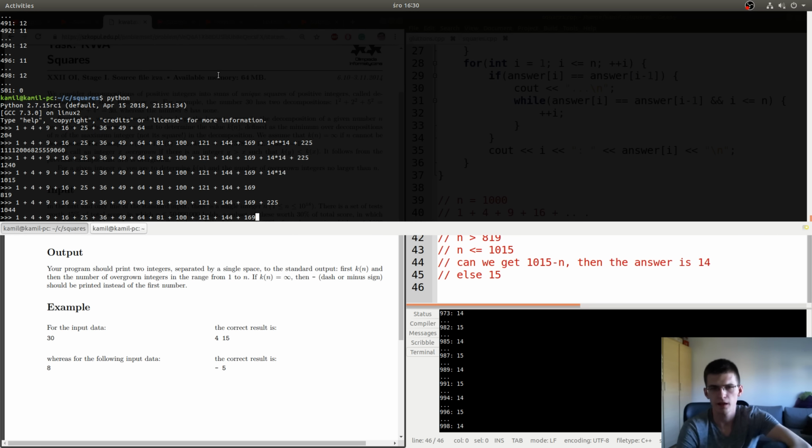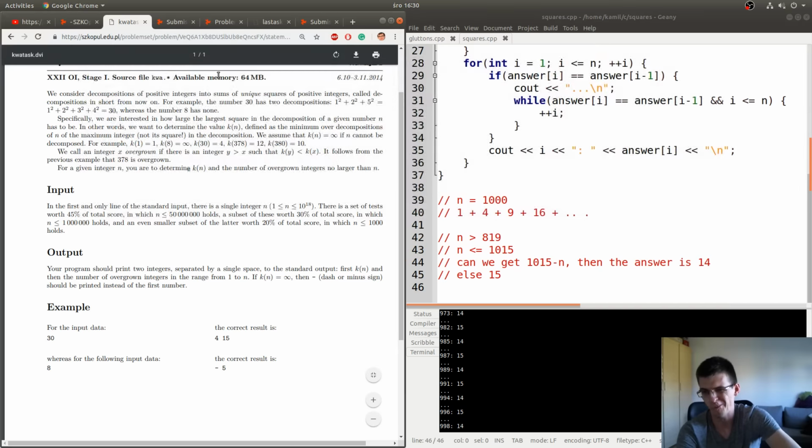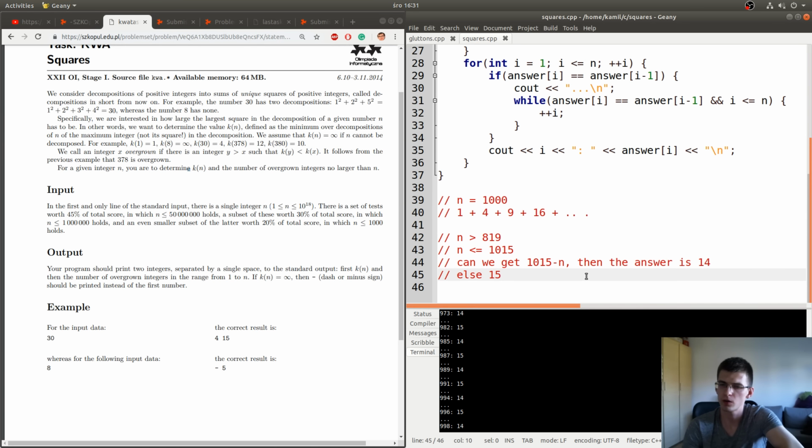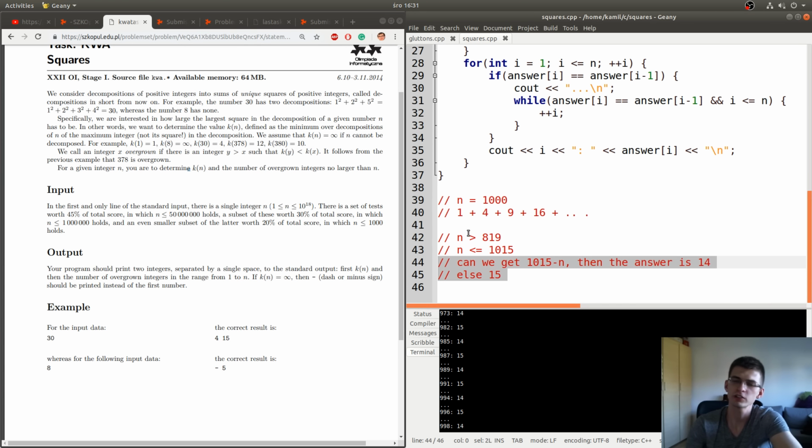Okay, a new idea. Here we figured out that we need to find out whether there is a subset of those squares summing up to some number.